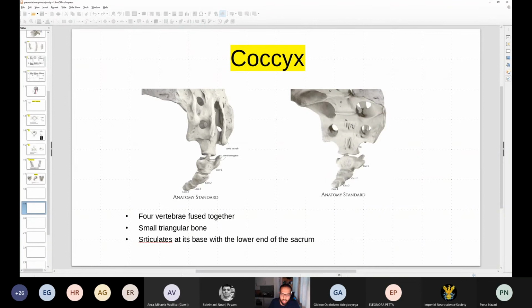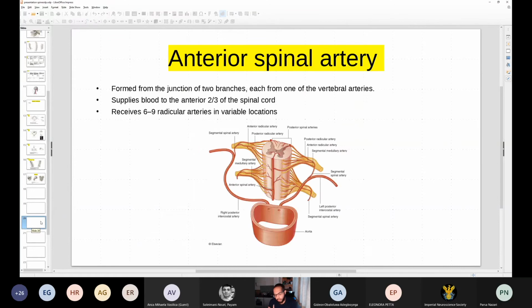The base articulates with the sacrum, and the apex extends all the way down. Its vertebrae are labeled C4, sorry, C4 as in coccyx. So that's it for the